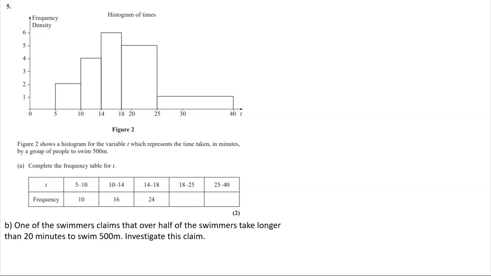Okay, so going through these answers then. On the first one here, the first thing you do is complete this frequency table. We've got the 18 to 25 missing, and we've got the 25 to 40 missing. Now we can see that if we simply do the class width times the frequency density, we get the